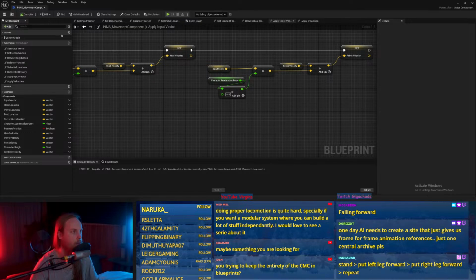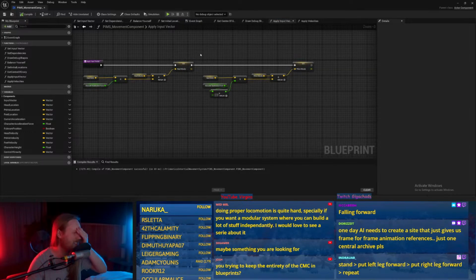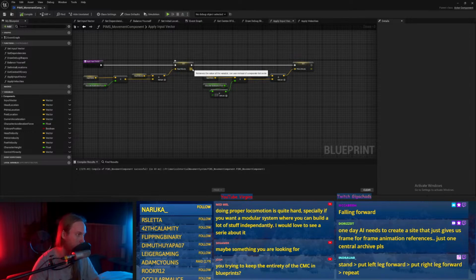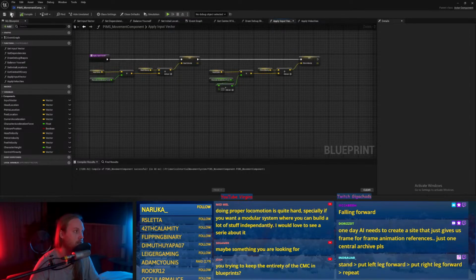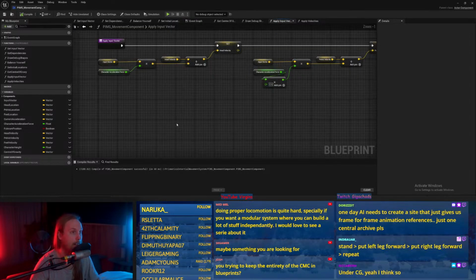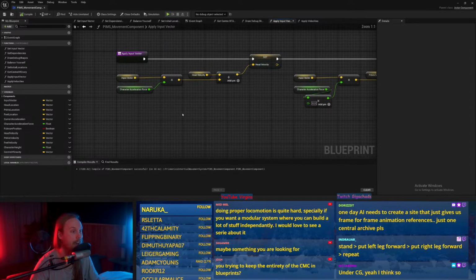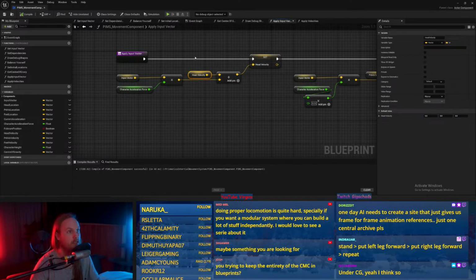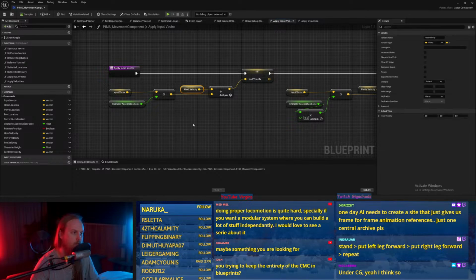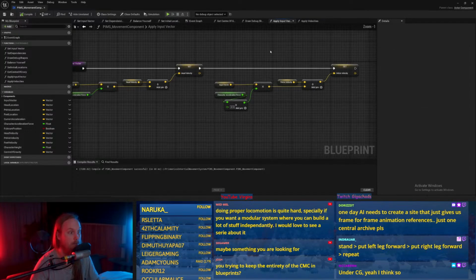Yeah. And then we also have to do deceleration. So if we're not doing an input, we want to decelerate. Which means we want to get the head velocity. Well, actually, no, this would just be part of this.